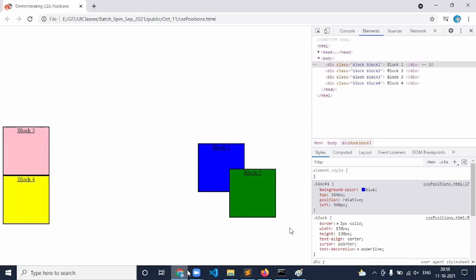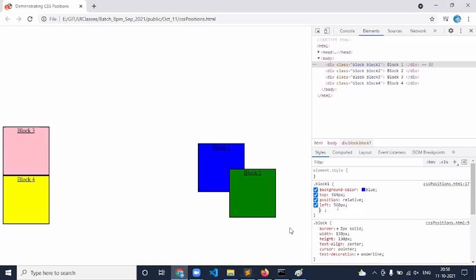It's clear. Next. Sir, I want block 1 to overlap block 2's position. Block 1 is overlapping, that's what we have seen. Now if you see block 1 and block 2, I want block 1 to be in front of block 2. This is what I just said, but okay, let me show you again.